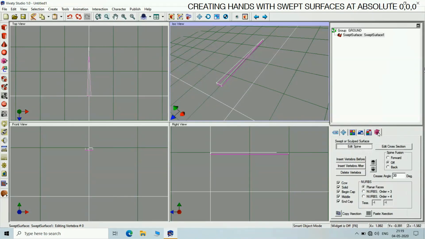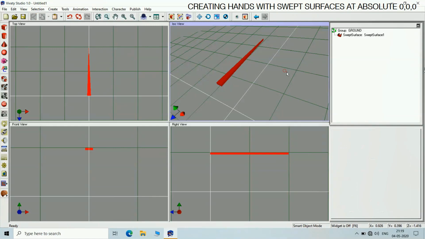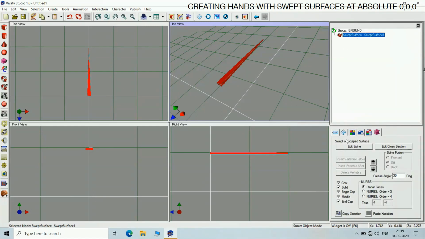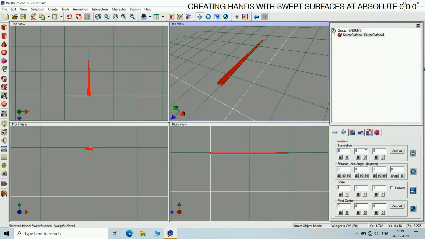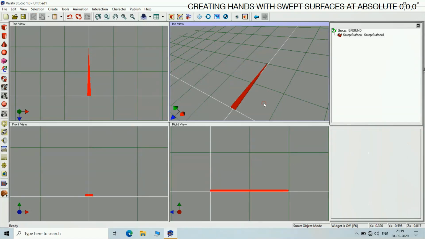Now you can see that I restricted the extrusion, but at the same time it has shifted from the absolute 0 0 position, so it is very necessary to bring it back to the absolute 0 0 position. That is very important for perfection in the animation.